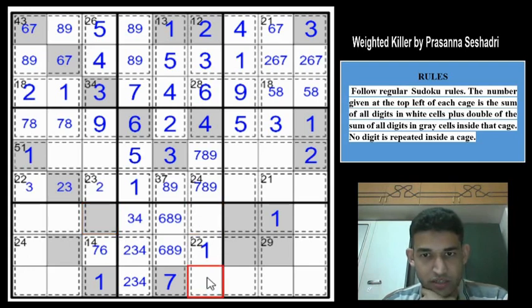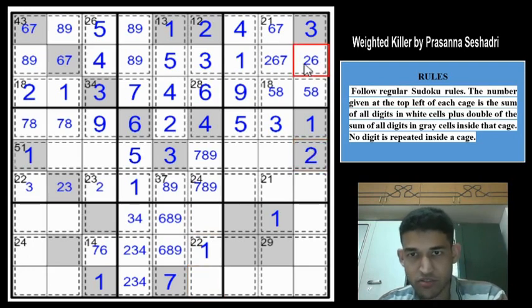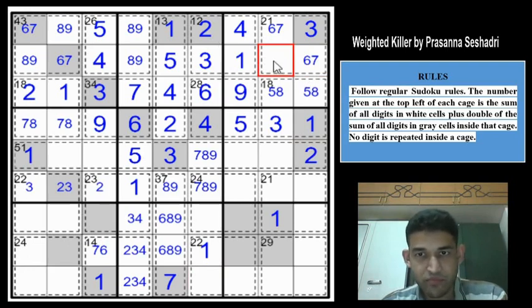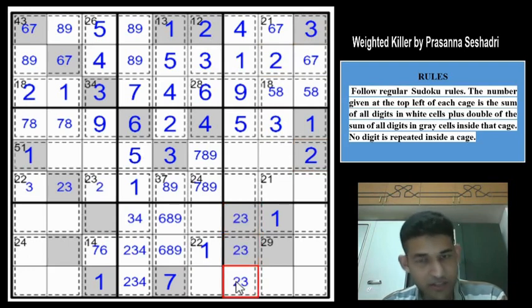So let us look at these 2 cells now. 1, 2, 3, 4, 7 have been placed. Remaining digits are 5, 6, 8 and 9. Not much information. So let us focus a little bit on classic steps now. We have a 2 here, so this can't be a 2, so this will be 6, 7, and we get a 2 here. And again we have 2, 3. So we can place the 2, 3 in these cells. Beautiful.